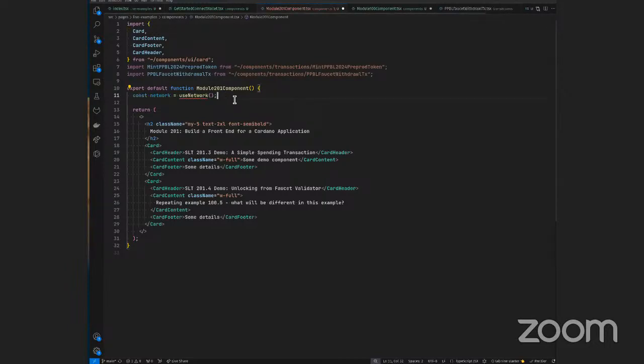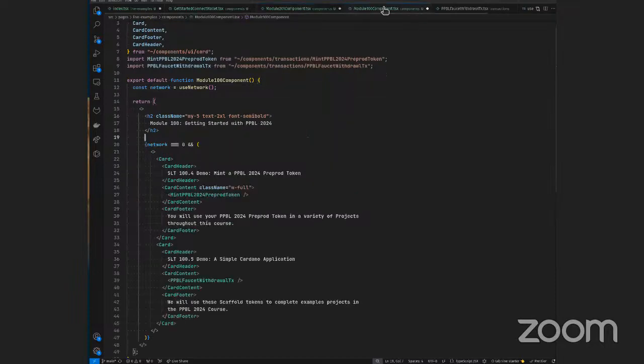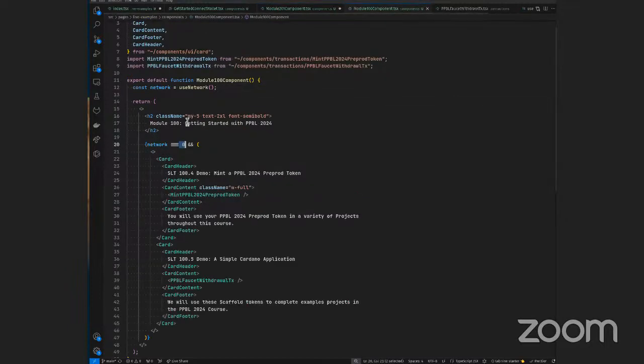And right, you see the little trick is that if we can see a network, and if that network is over here, 0, we know we're connected to a testnet like pre-prod, and then we show these demos. Let's do the same thing on 201. That's really nice. So let's wrap